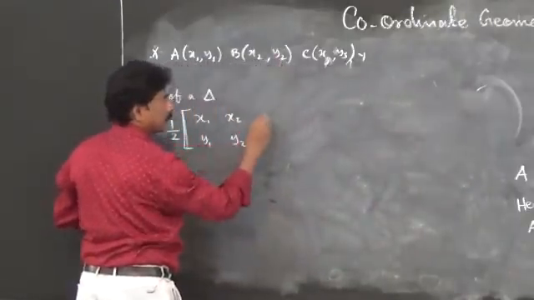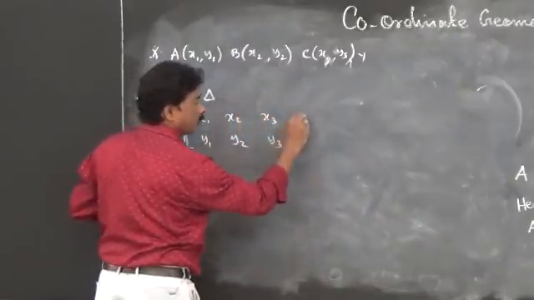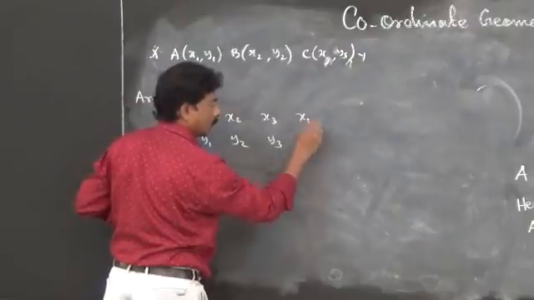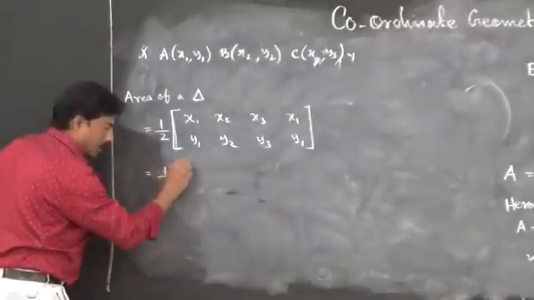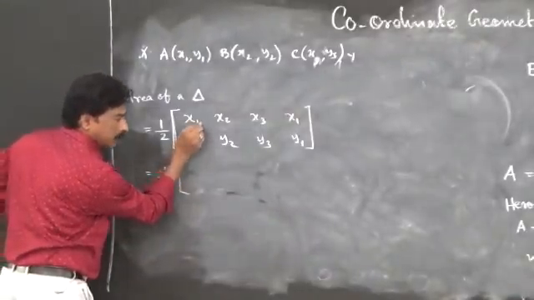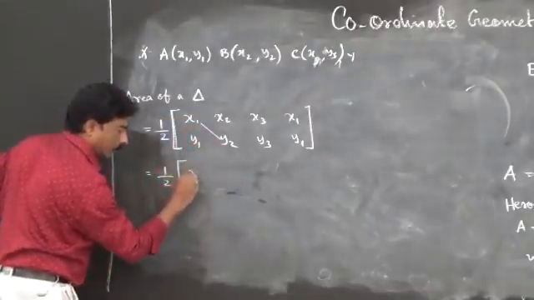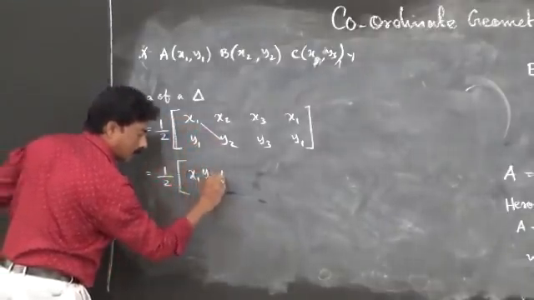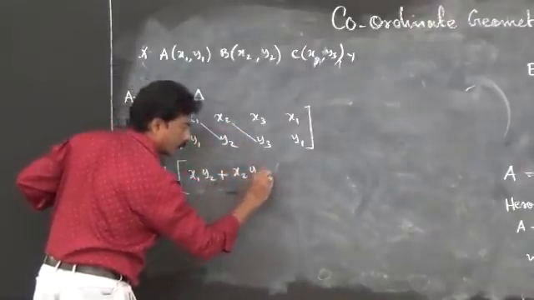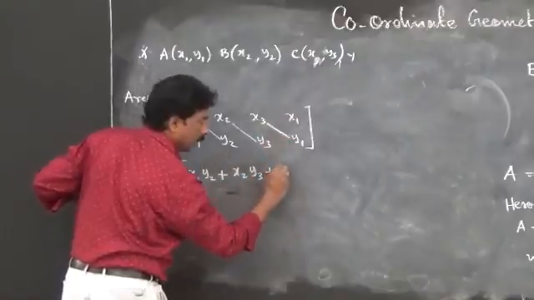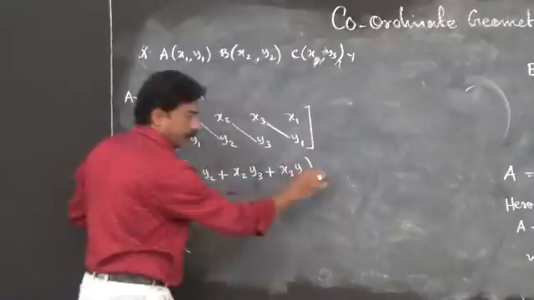C is x3, y3. Repeat the first one once again, x1, y1, that's all. After writing like that, our formula: multiply first these two, left corner to right, x1, y2, plus x2, y3, plus x3, y1, close the bracket, minus,